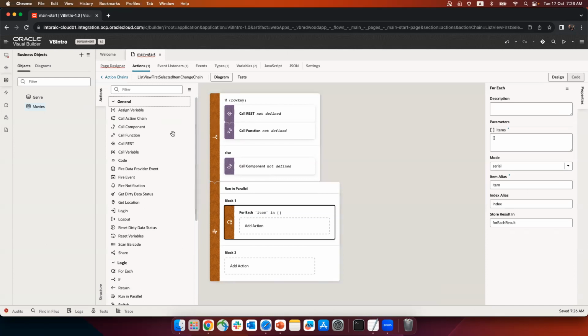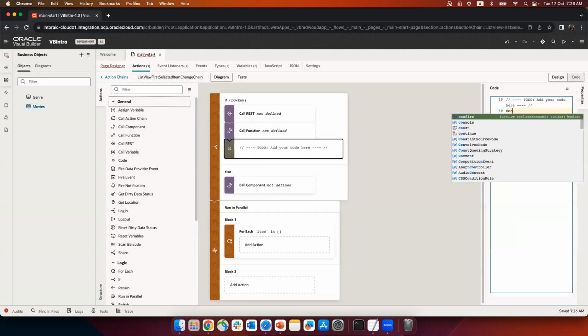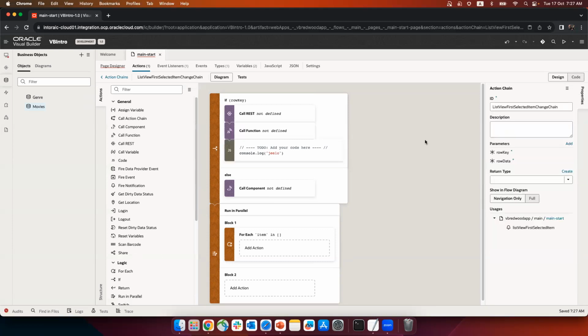But, and by the way, you can also inject here something like, let's call some JavaScript code, okay? Let's say over here, okay? And then you can do something like console.log and put a message. Okay, like that. Now, when you're doing all of this visually here, if you switch to the code view, you